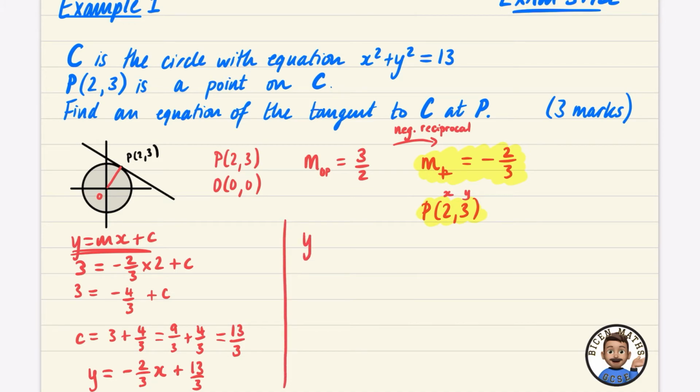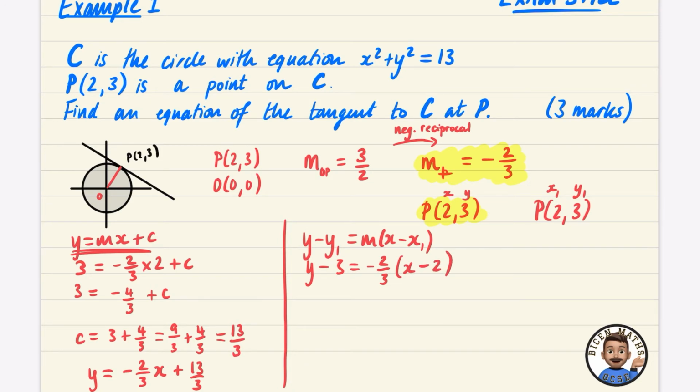I'm going to show you the alternative method, which is more of the A-level style. y minus y1 equals m brackets x minus x1. Now the difference here is that our values of P are not going to be x and y, they're actually x1 and y1. The x and y here stay where they are so that you immediately will come up with the equation. So it's going to be y minus 3 equals m, which is minus 2 over 3, brackets x